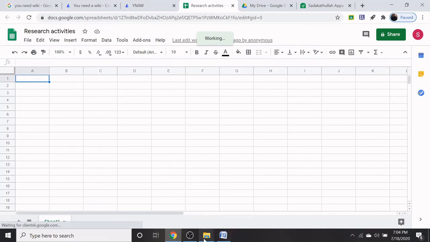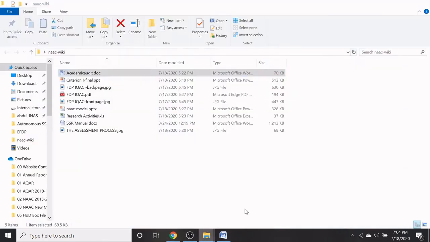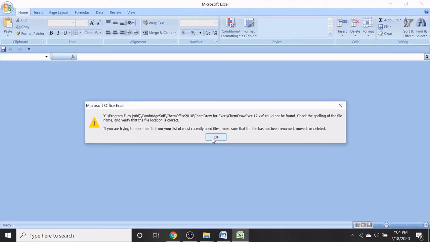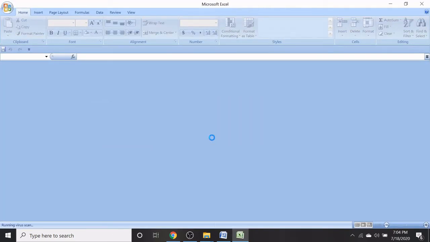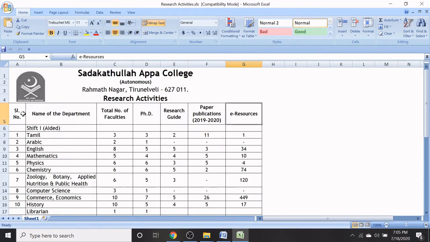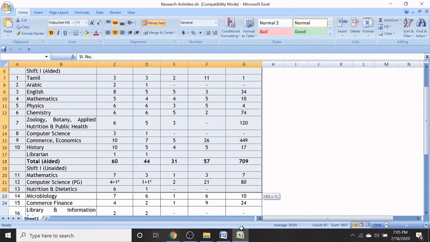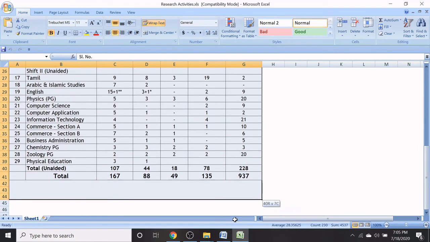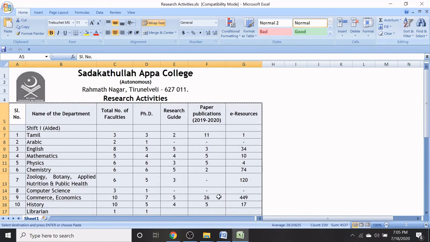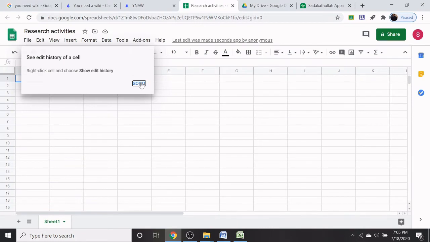Now I am going to insert some activities of the different departments. I am just going to copy this. I am pasting here.